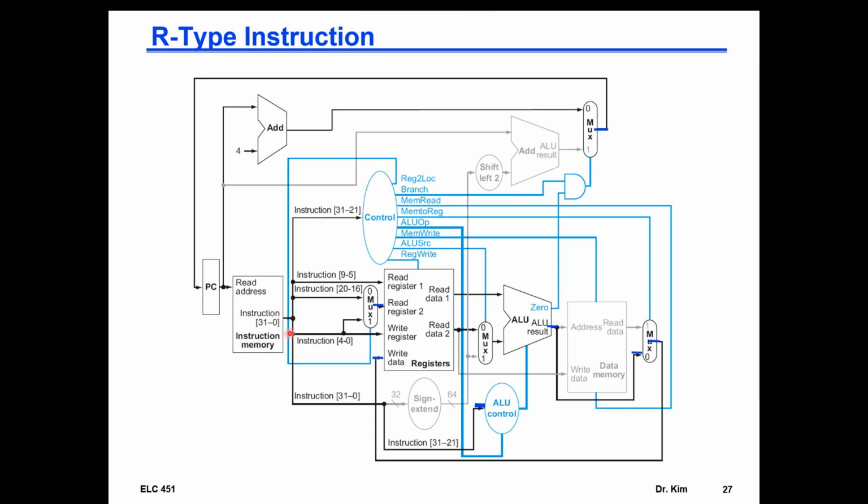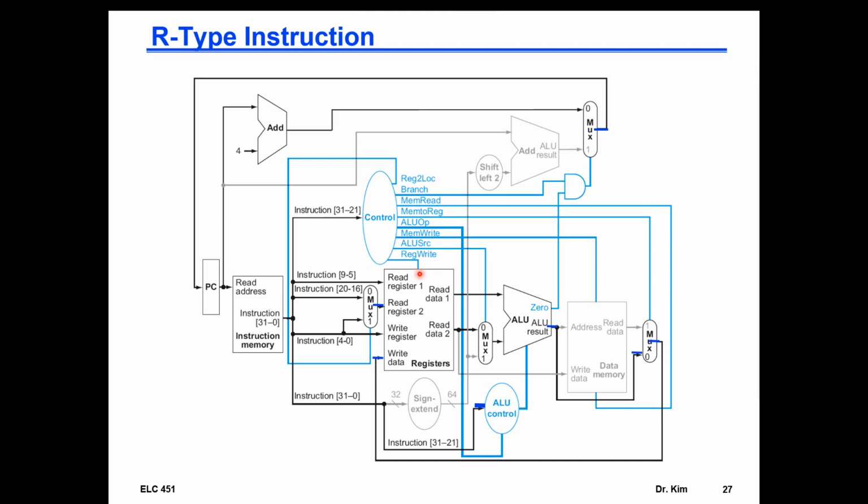Also from the instruction, we have gotten the right register address for the destination register. And then when we have that, the main control has also asserted the register write line for the register file,